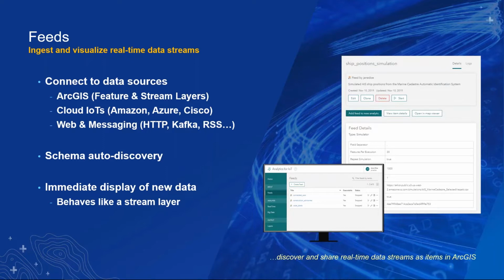It lets you directly and seamlessly connect to external sources of observational data. So bringing data in from Internet of Things platforms, message brokers, third-party APIs, and so on. Feeds automatically derive the schema of the data, as you saw with the vehicles information that Matt was using, and they let you revise your data model on the fly. And then once they start up, you simply add them to a map to immediately see real-time information and combine it with other data. So this is both system integration and situational awareness configured in minutes and without writing any code.